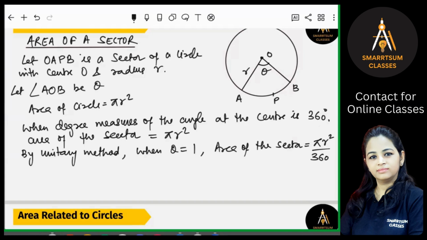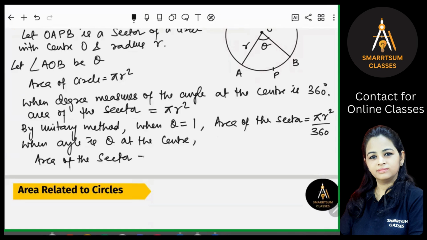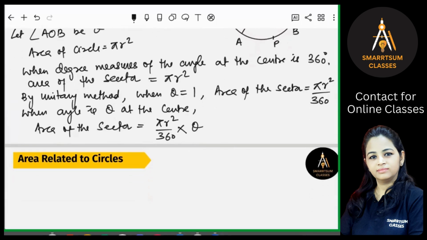Therefore, when the degree measure of the angle at the center is theta, then what will be the area of the sector? When the angle at the center is theta, then the area of the sector will be equal to pi r square upon 360 into theta by the unitary method. Is that clear? Or we can write it down as